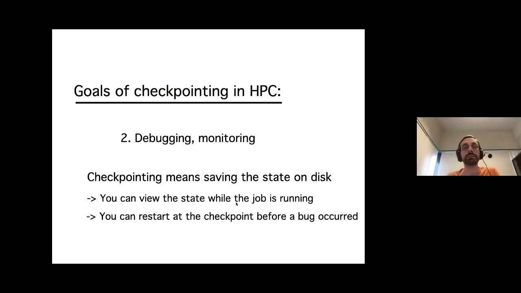So you are able to monitor, or if you need to debug something that happens after the 25 iterations, and each iteration takes 3 hours, you don't want, when you do debugging, to rerun all the iterations. You might only want to rerun the last iteration. So that can also be very useful for debugging, to not have to restart everything from scratch, but restart from the last save point, and then from there you can run multiple times to try to understand what's going on in your code, adding a lot of print statements to be able to pinpoint where your issue is.